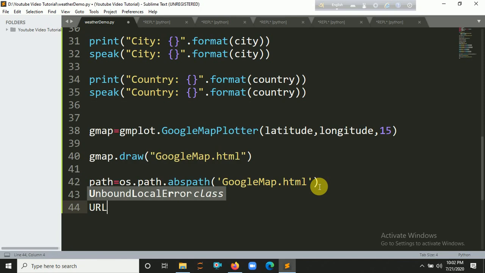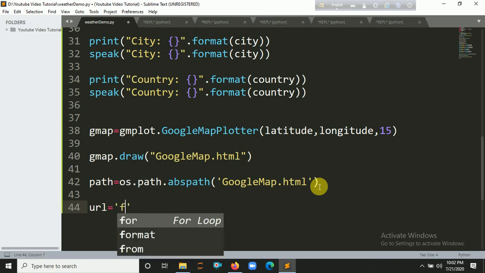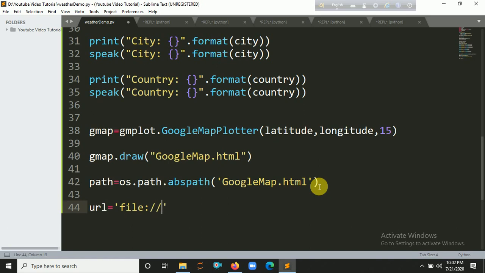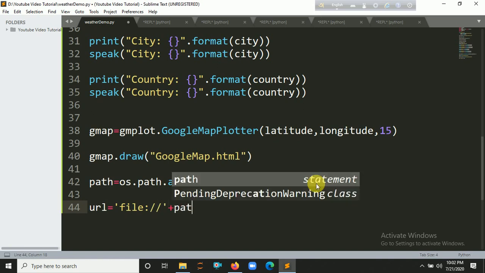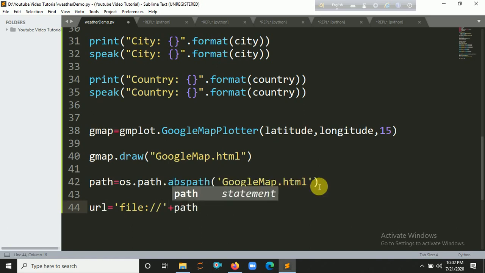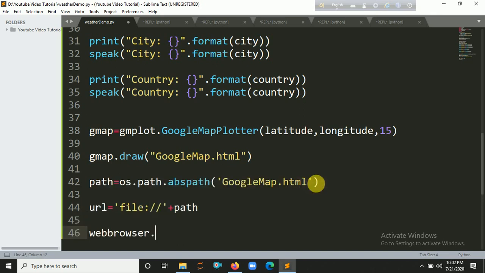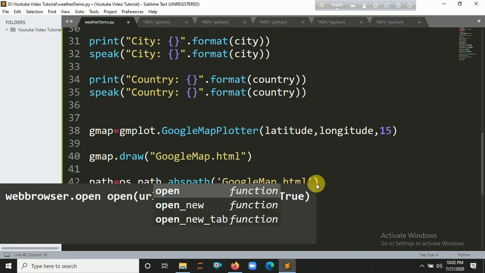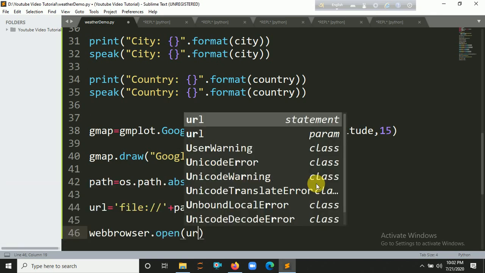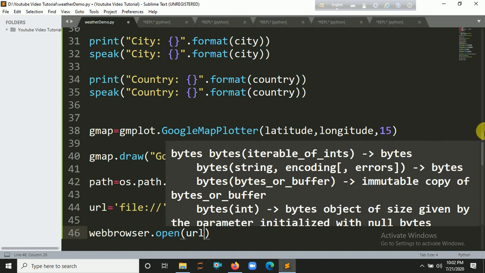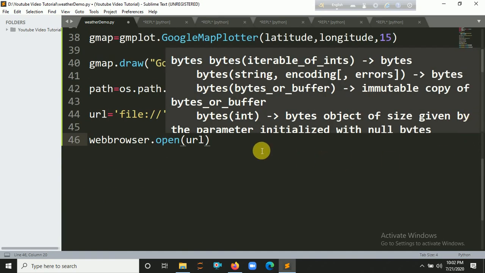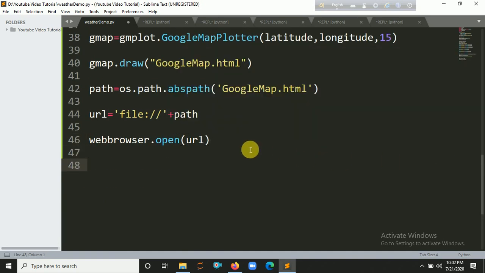Let's create a URL here. Because we are going to open it in a file format, let's say file, colon, slashes, and path. Now we are going to open our web browser, so let's say open, and the URL path here. Okay, and when this is completed, let's say speak,